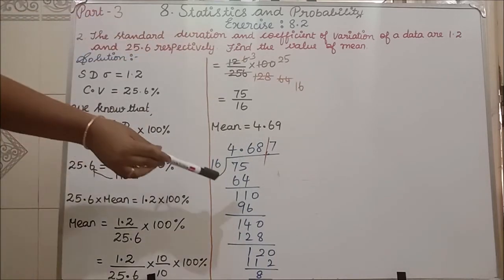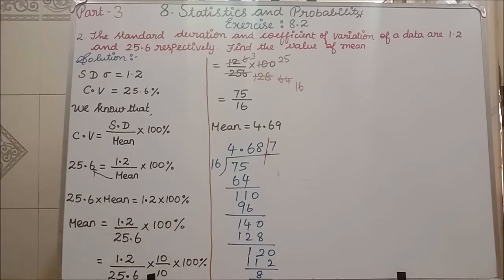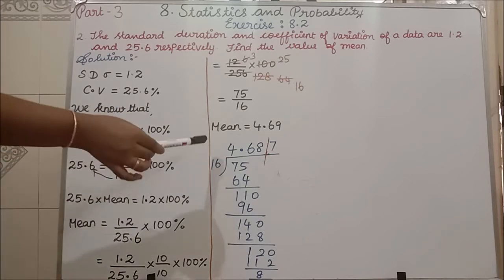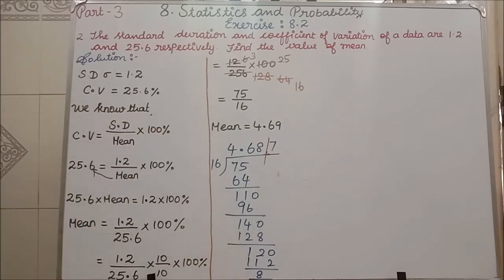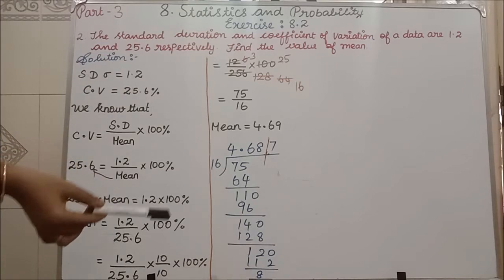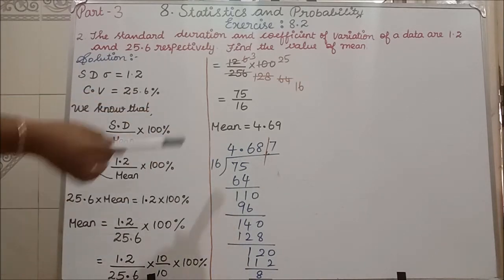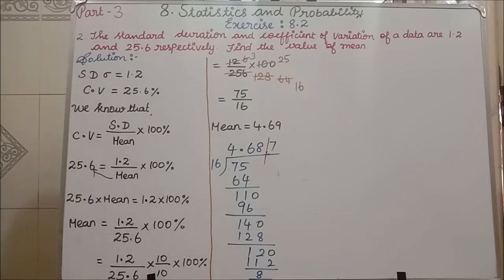Students, I have done the division, see. This is a normal division. Usually how we divide, how we have done the division in lower classes, the normal division only I have done here. So the answer when I am dividing, what am I getting? 4.687. So if I round off, what can I write? 4.69. Clear? Mean is equal to 4.69. That is the answer. Clear all of you, the second question? Yes. Next we will see the next question.